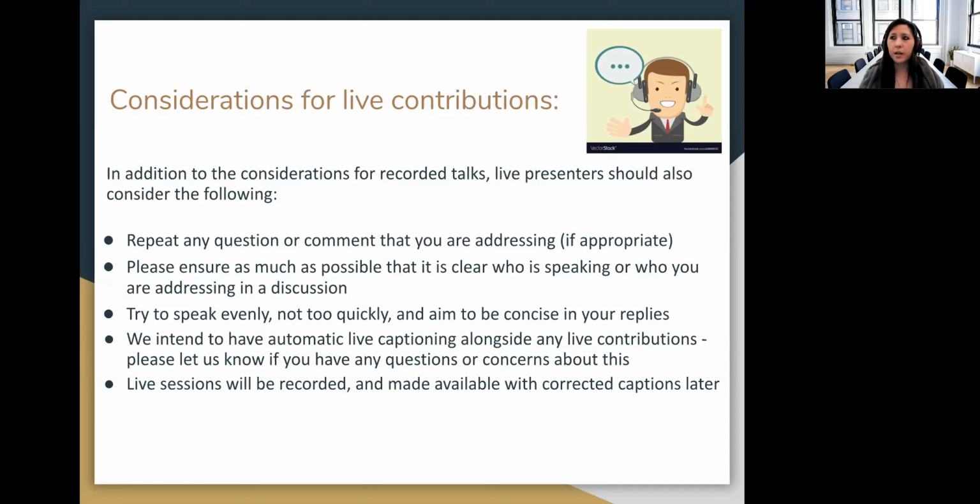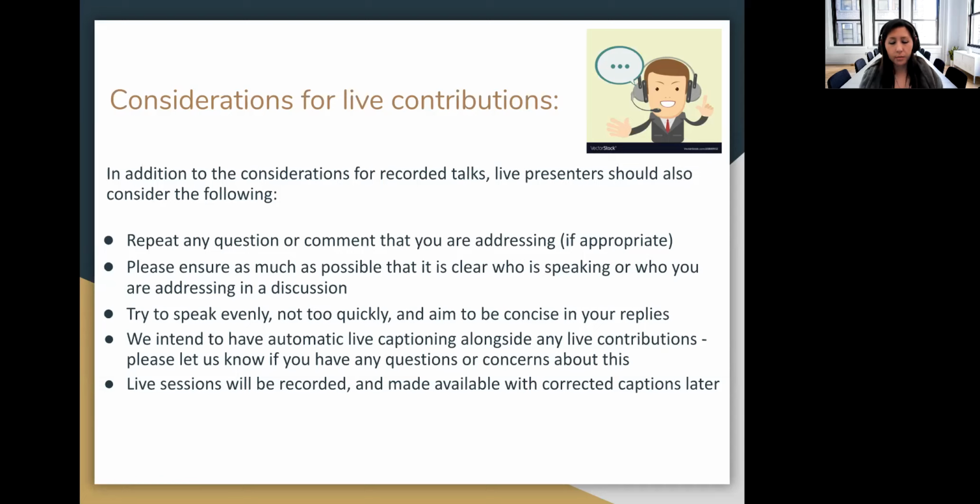It's actually very hard to send out, say, "what do you think?" without a specific person in, say, a Zoom call, because you don't know necessarily who's going to reply. So I think it's good to have this directional aspect, and it ensures that people who are listening but can't potentially see can also get those cues. Speaking evenly, not too quickly, is good. Trying to be concise is also good. These are just general guidelines for communicating in a clear way.